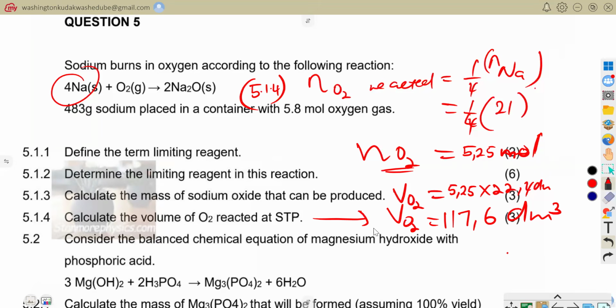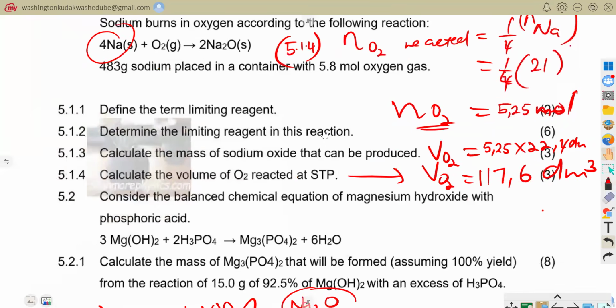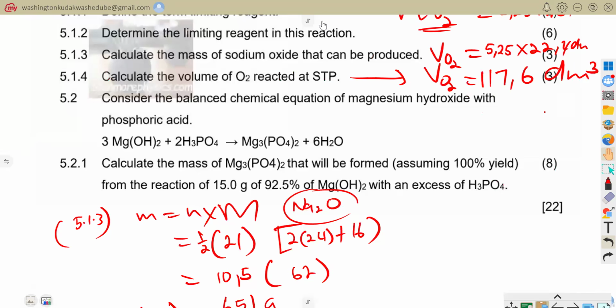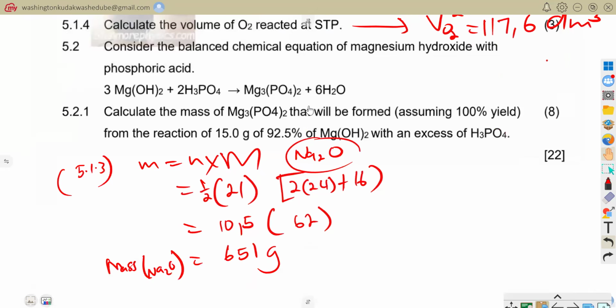Consider the balanced chemical equation of magnesium hydroxide with phosphoric acid. Now, this is a different question. Let's see what it is saying. I'll shift this on top. Now, let's rub below here so that at least